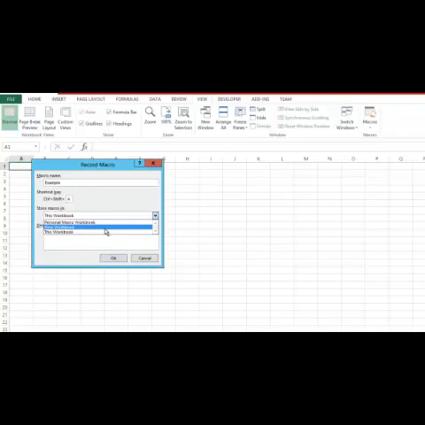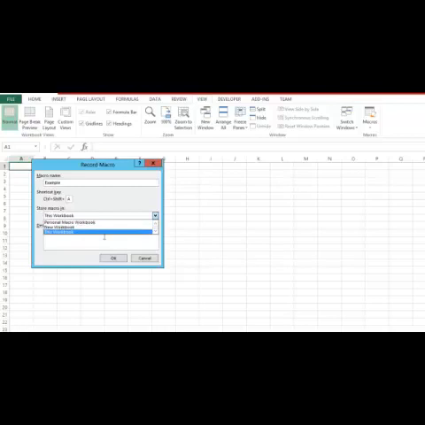But if you store the macro in the personal macro workbook, that macro will be available throughout your application. But remember one thing, if the macro has any kind of errors, then it may corrupt your entire Excel application. So you have to be very careful while storing the macro in the personal macro workbook.